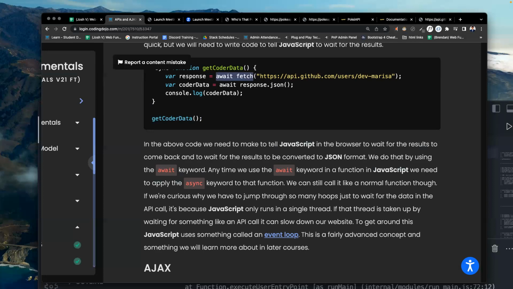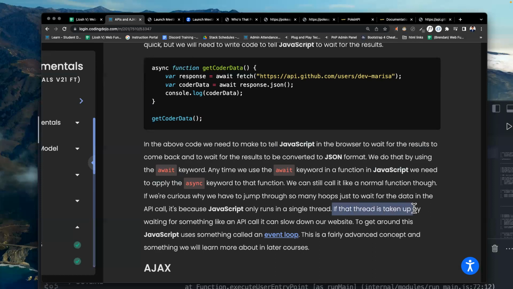Give me some feedback here, 1 through 10, on understanding why we need to make this await, and because we make this await, why we need to make this async. Okay, let's give some feedback, 1 through 10, on how confident we feel in saying we understand this concept. All right, thank you guys.